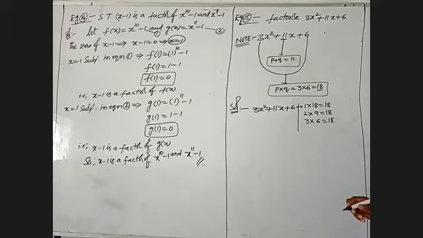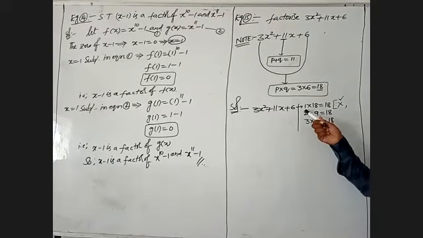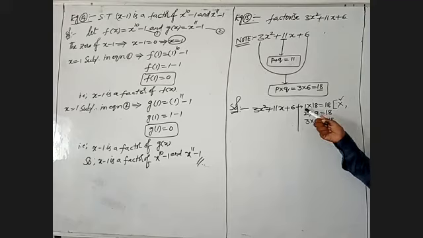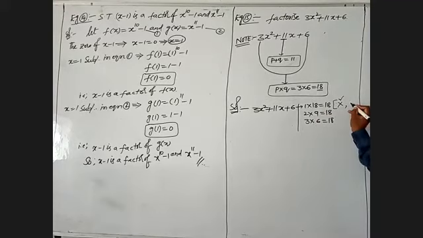That means I will take 1 into 18 is 18. Here multiplication is satisfied. Next, the addition must be satisfied. Here one number is 1, another number is 18. 1 into 18 is 18, so multiplication will be satisfied. After that we'll take their addition. 1 plus 18 is equal to 19.